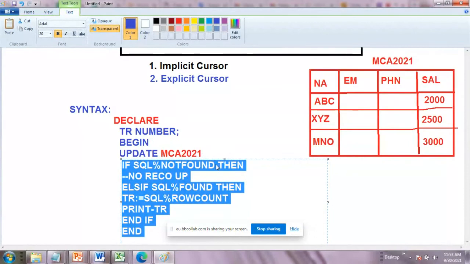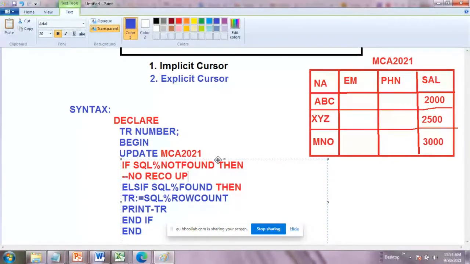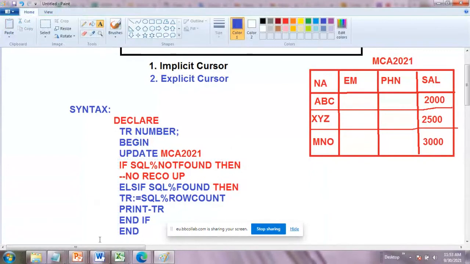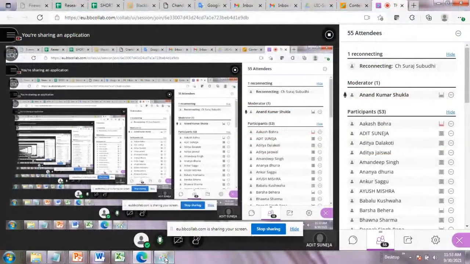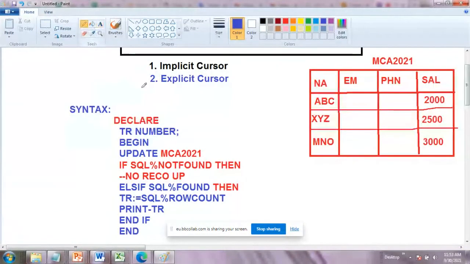Fine. Is it clear to you? It's simple. Let me repeat it here. You just declare a variable that will hold how many rows are affected. Then in BEGIN, you can write a query for insert, delete, or update.